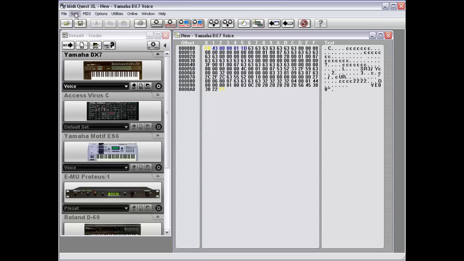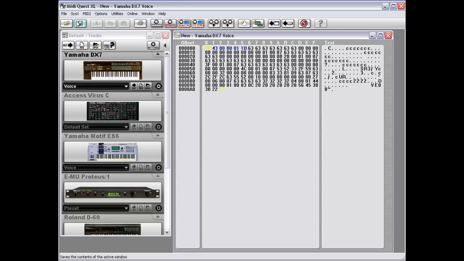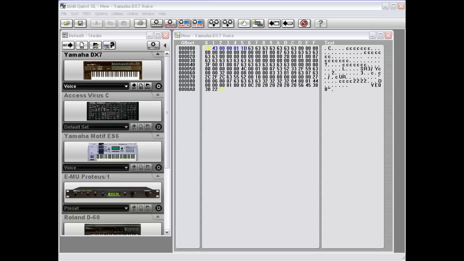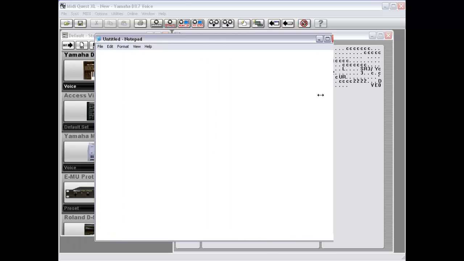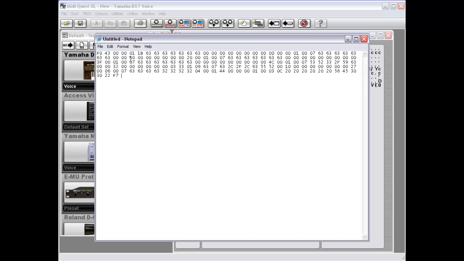from the instrument. Now, just like all of the other windows in Midi Quest, when a SysEx View Window is active, it has its own menu, and the first option is Copy as Text, and this will copy the actual SysEx data here to the Windows clipboard as text, and from there you can paste it essentially wherever you want. Right now I've pasted it into a notepad, or you can paste it